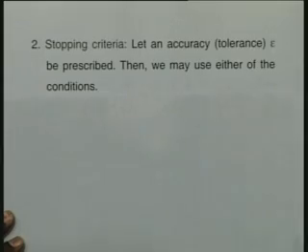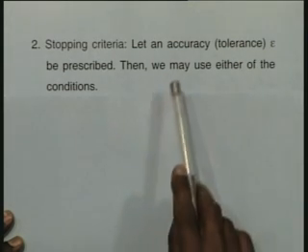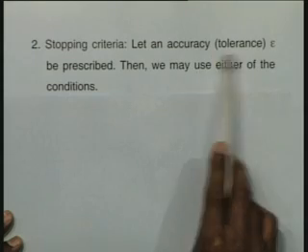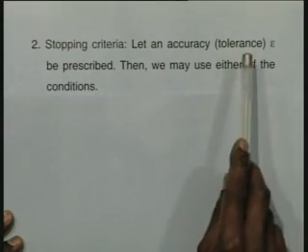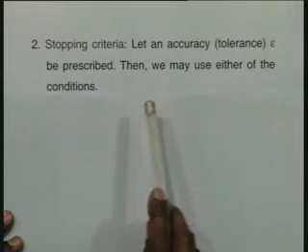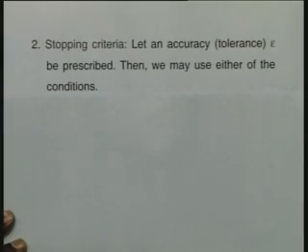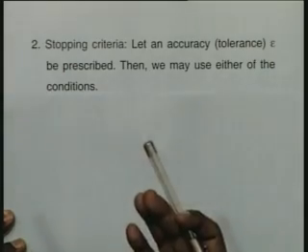Now the second point is, when should we stop the iteration? The stopping criteria, or the criteria that we have achieved a particular convergence, is this: let an accuracy epsilon be prescribed. We can also use the word tolerance. Once you say that in a particular problem you need 5 plus accuracy, or 6 plus accuracy of the solution, you have prescribed the accuracy that you want in a problem. Then any one of these criteria can be used.